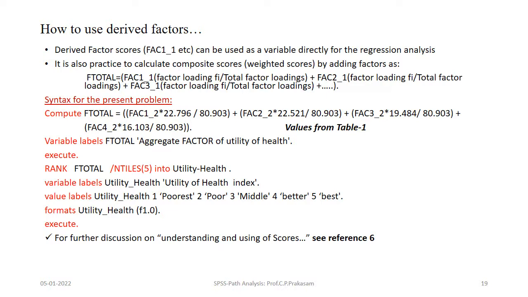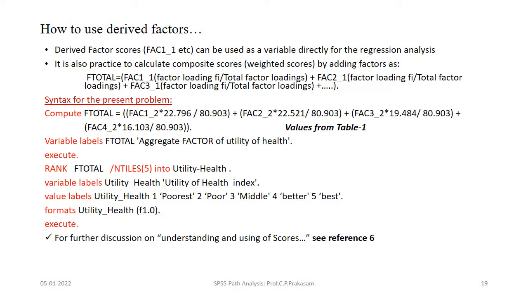1 is the poorest, 2 is the poor, 3 is the middle, 4 is the better, and 5 is the best. And for format you can give 1 decimal or 2 decimals, whatever it be, and execute.